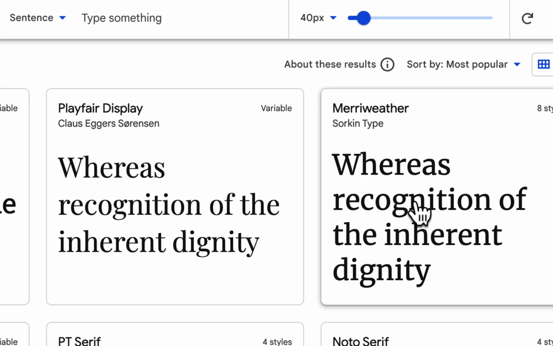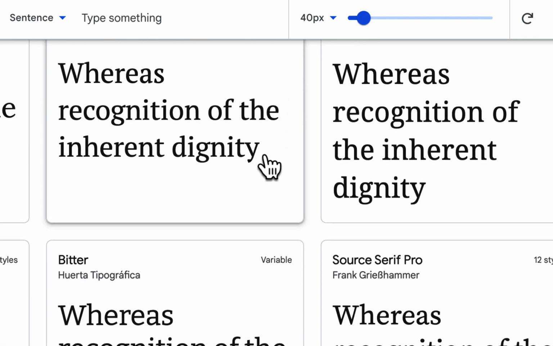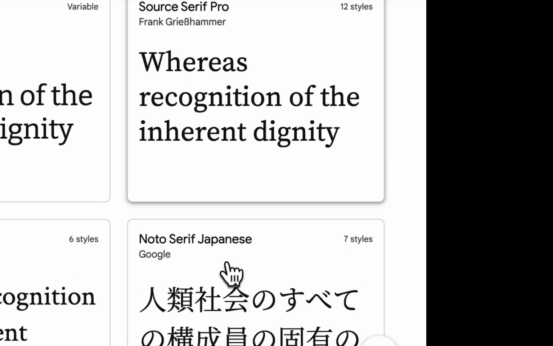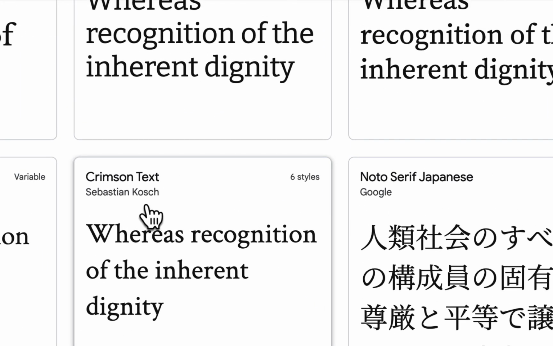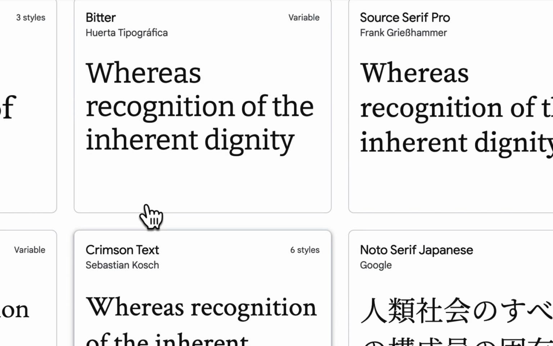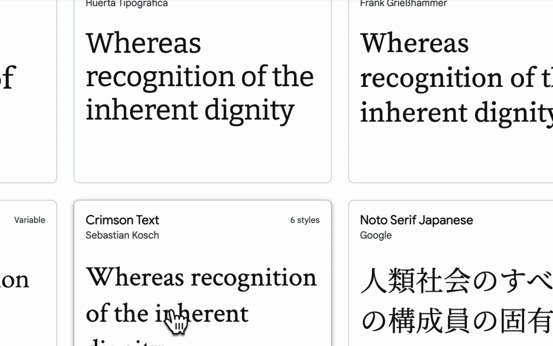Merriweather looks a little on the heavier side. Here's PT Serif. That's a nice one. Lora's a nice one. This only has 4 styles, but that's fine. That's like a Times New Roman kind of setup. Here's Source Serif Pro. That's a nice one. I think they show Crimson Text. I really like Crimson Text and even Crimson Pro. And I might even choose, I think I chose 2 of them to kind of have as go-to